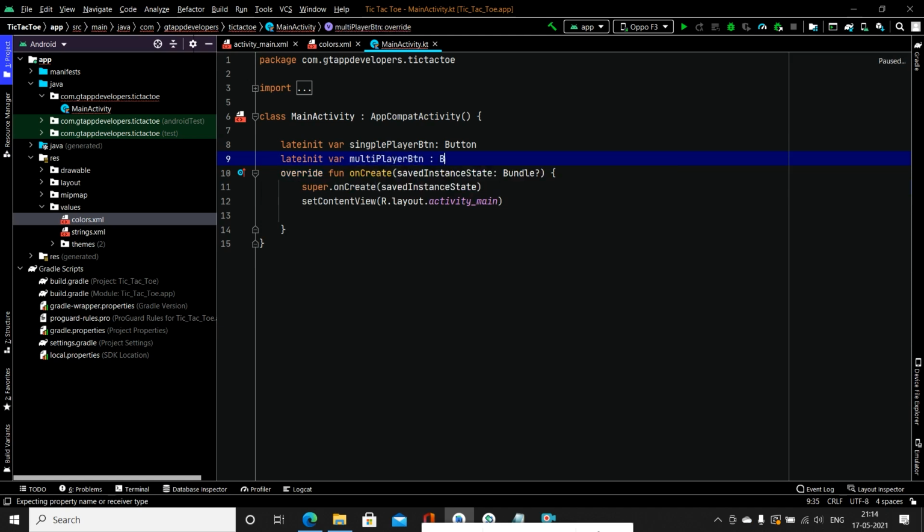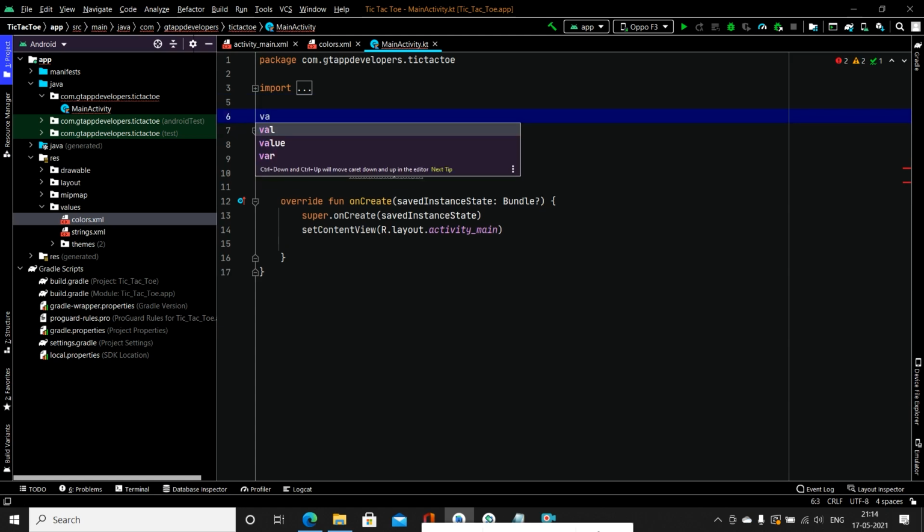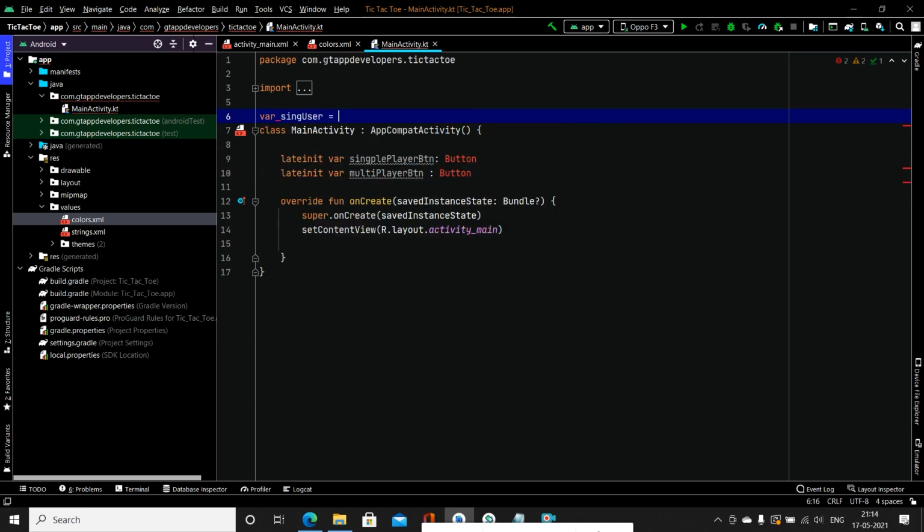Multiplayer button. And we will create one more variable which will be to check the single user or not. So we will create a var and we will initialize it with false. This will be our boolean value. Here we have to import it by just pressing Alt and Enter.